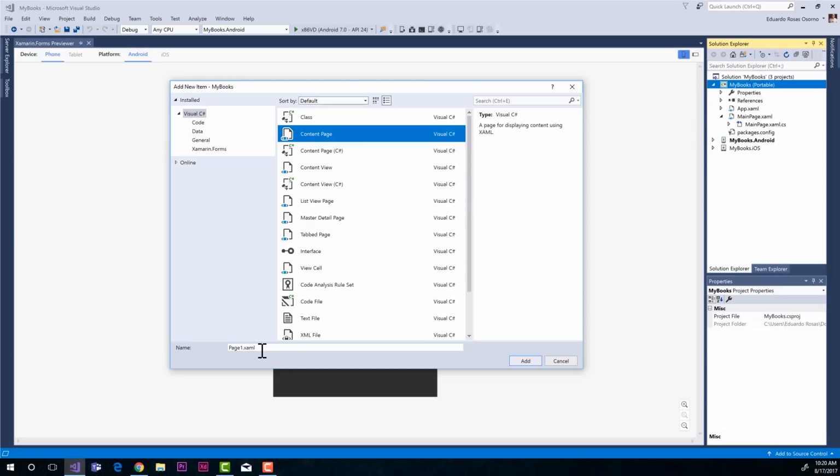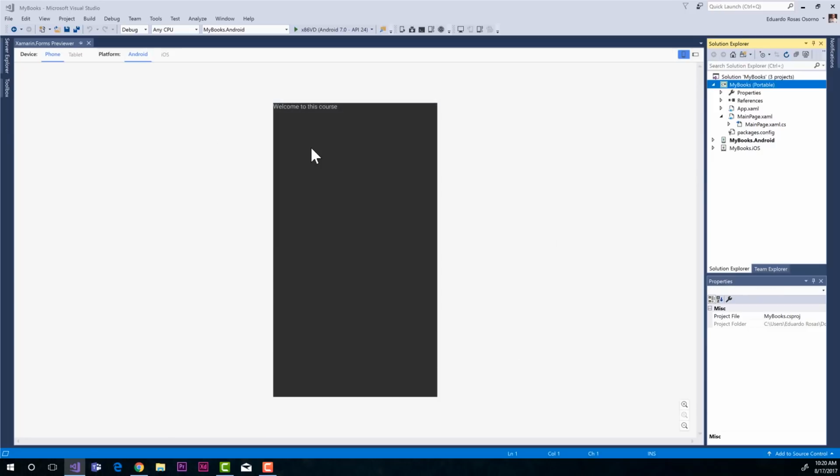You will actually see in the name section that you have a XAML file that is going to be created, and the name of the page is going to be New Book Page. So it's a good practice to name your pages with the word Page at the end of the name, so you can see that we have the main page, and now we will have the New Book Page. So let's go ahead and click on Add, and this file is now going to be added to our portable project,